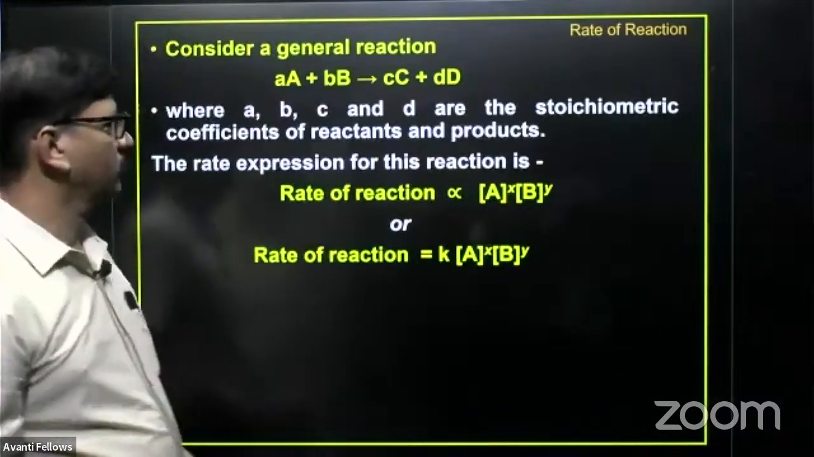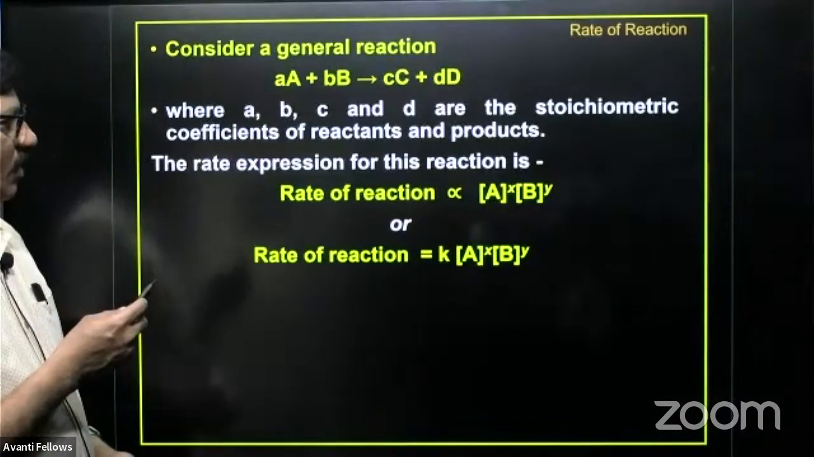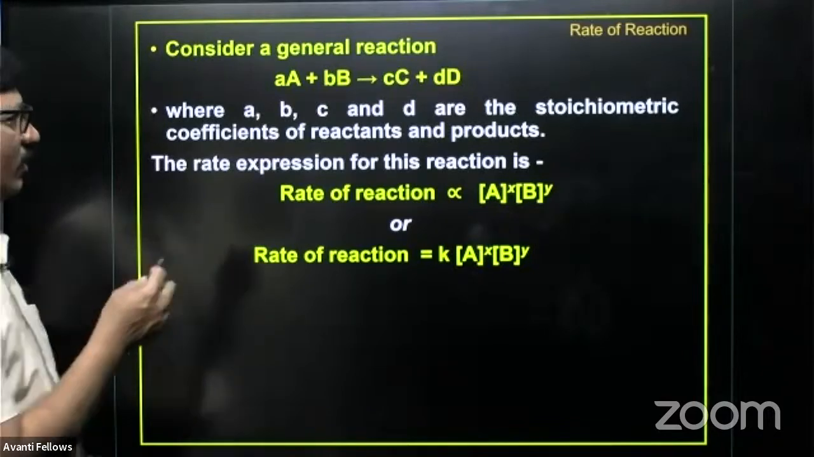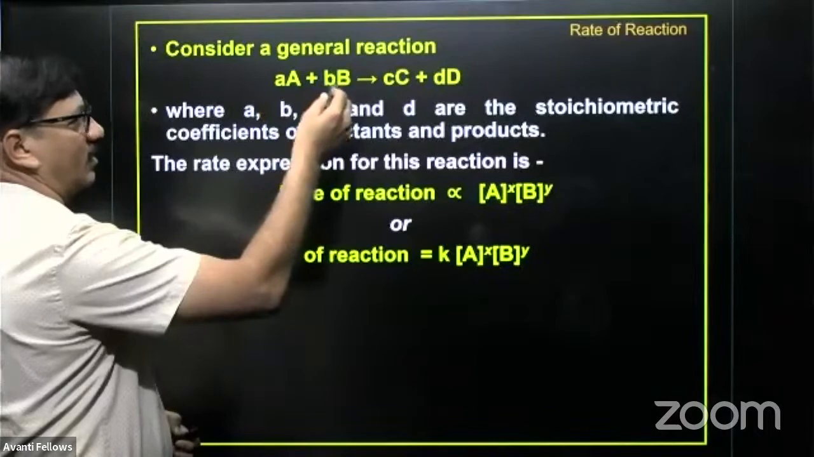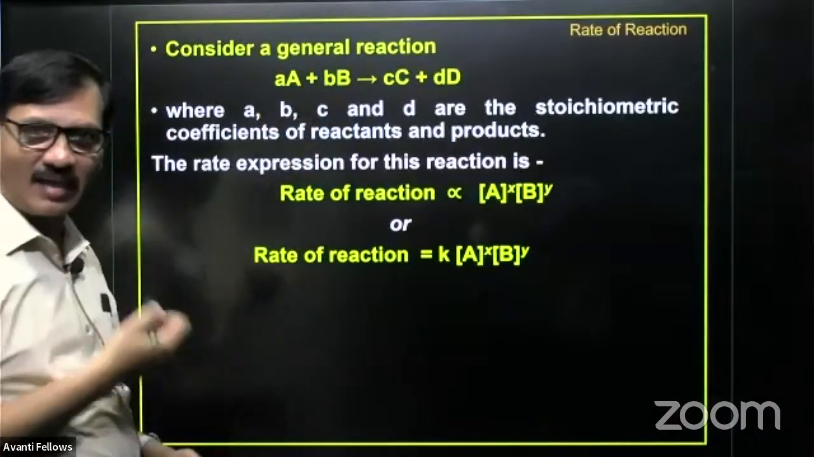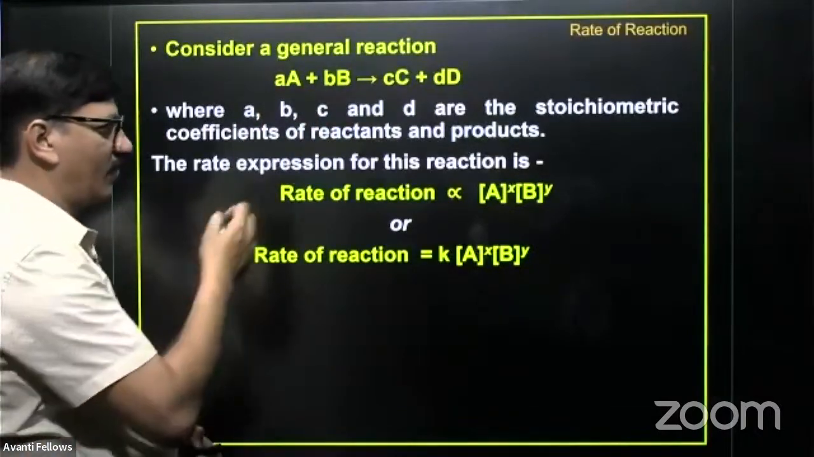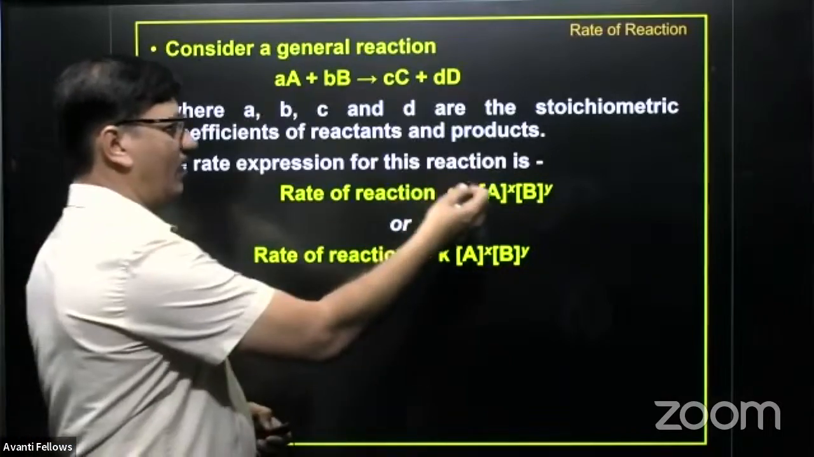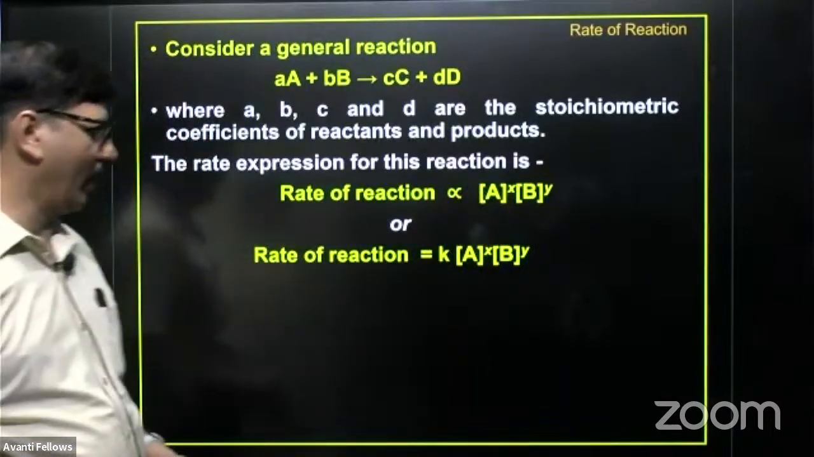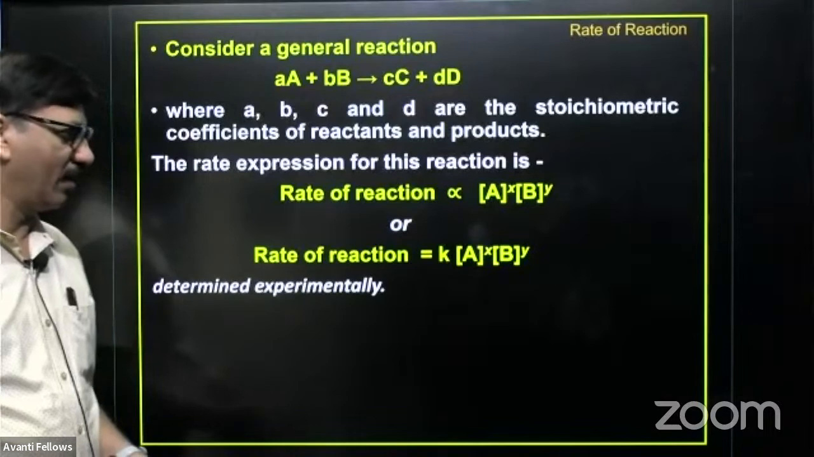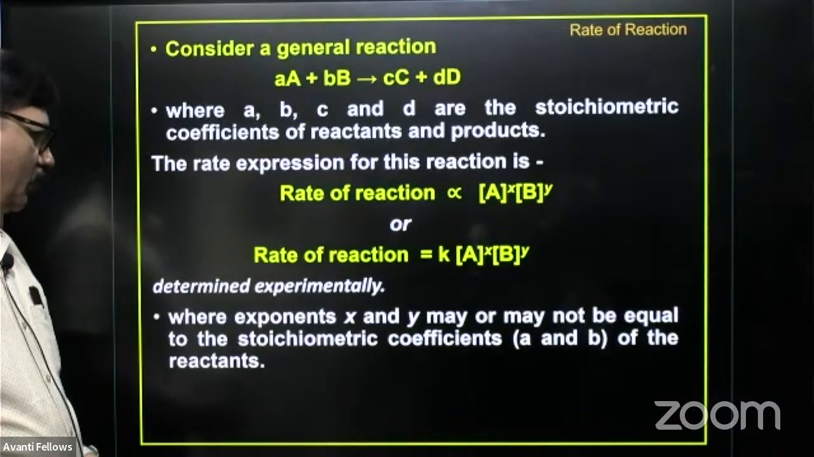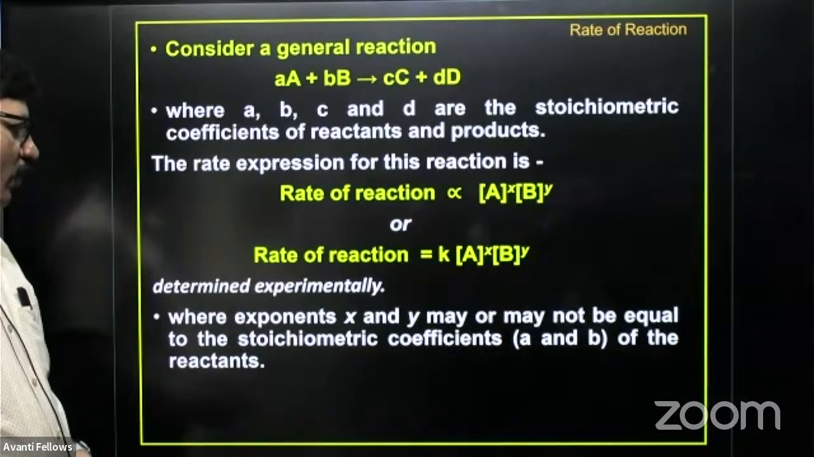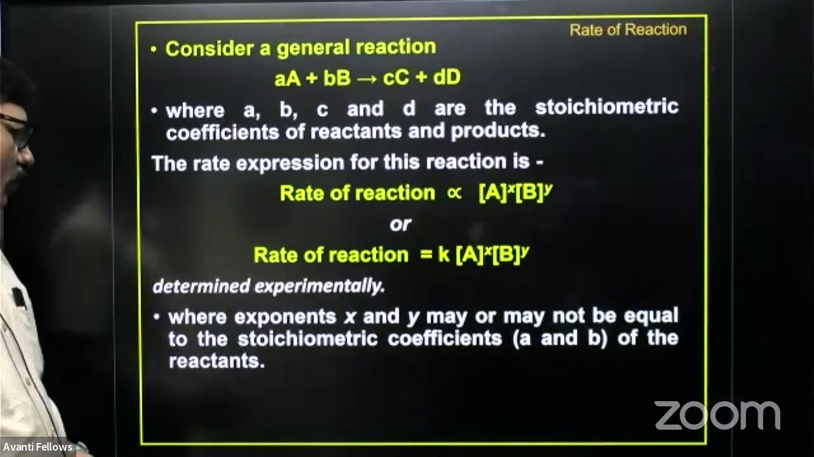Again, the same way that I have written, for an arbitrary reaction, the rate depends upon the concentration of A and the concentration of B, reactants only. So the rate of the reaction is A to the power x and B to the power y. So alpha and beta are determined experimentally, where the exponents x and y may or may not be equal to the stoichiometric